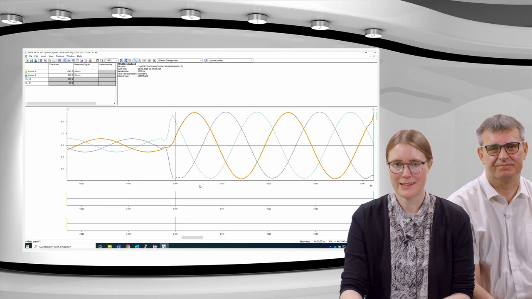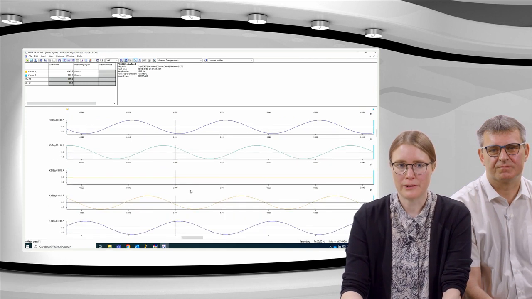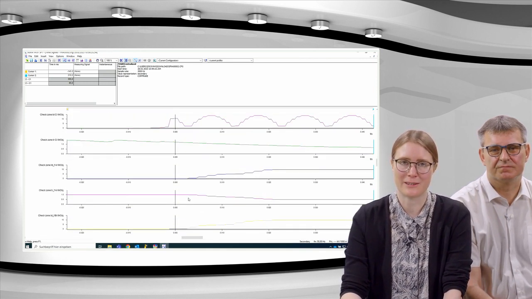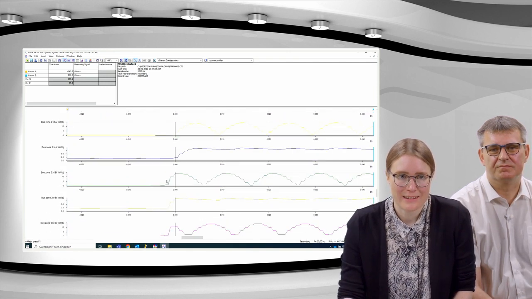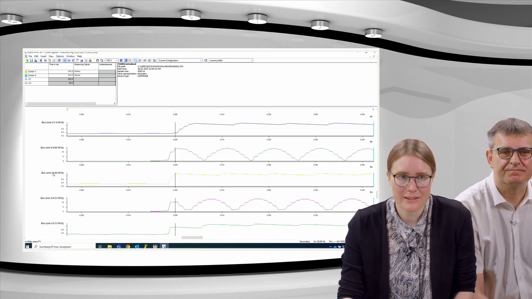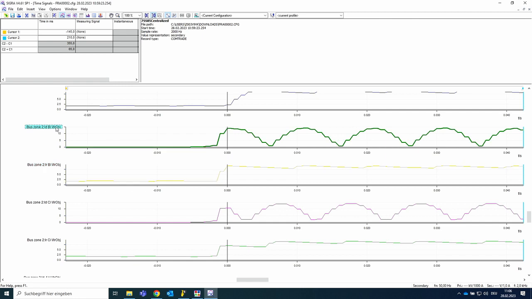Okay, then second step, I want to have a look at the differential and the restraint current. The fault happened on bus zone 2, so I scroll down until bus zone 2 comes. Let's check. Okay, I think here we go. Yes, this looks good. And I will have a look at the values of phase B in this example. So I just also want to have the restraint and the differential current in one diagram. So I put this here